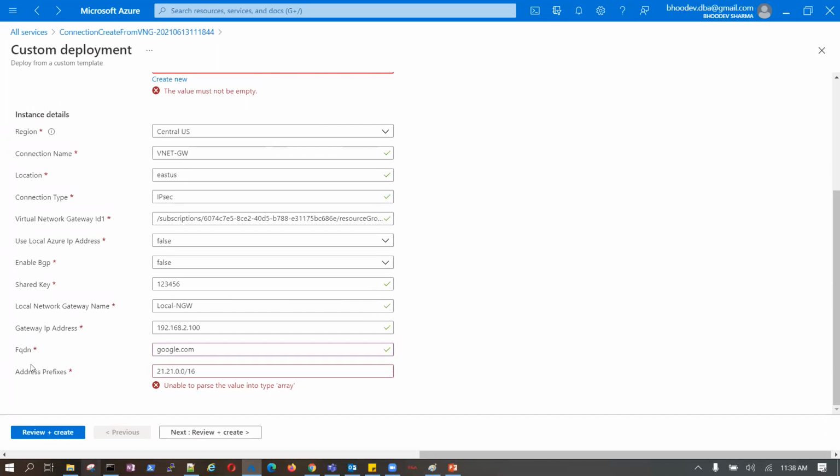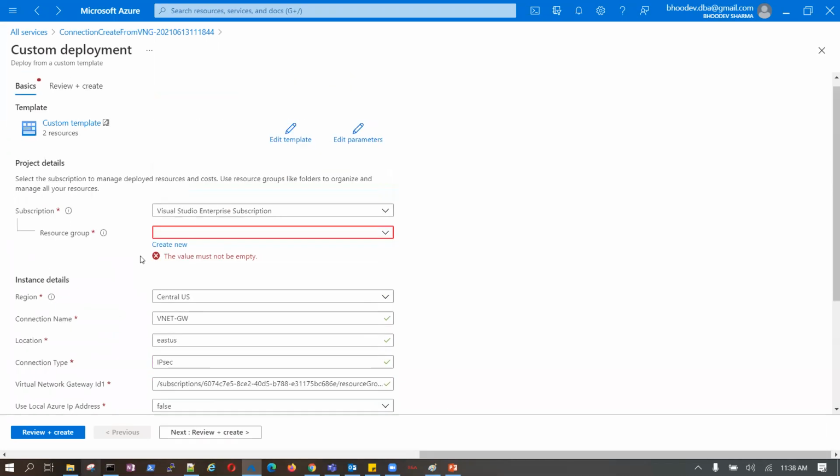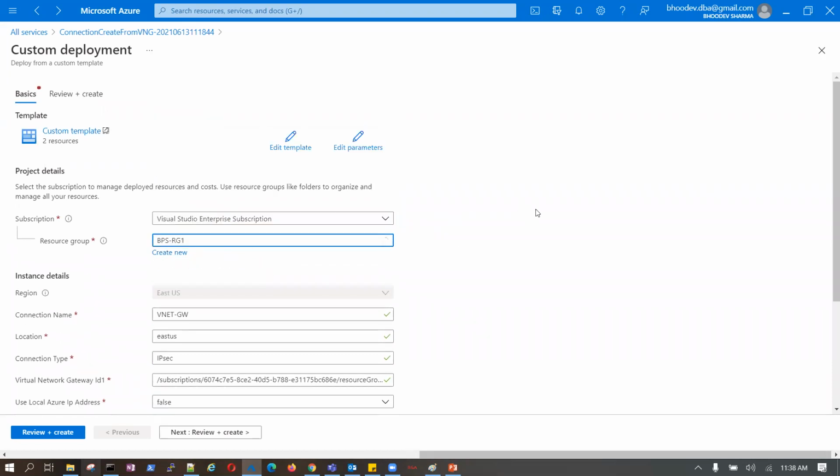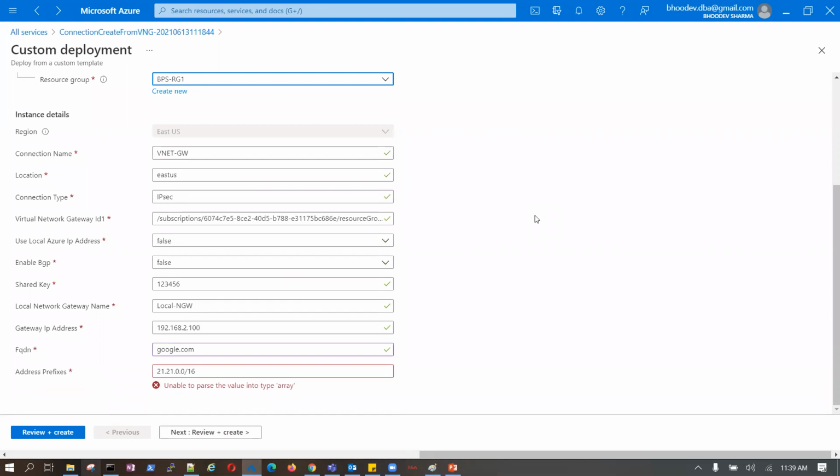Even here, resource group, RG1. Now google.com, right? FQDN. Can I have a valid FQDN? Trust me, not, until unless I have my domain.